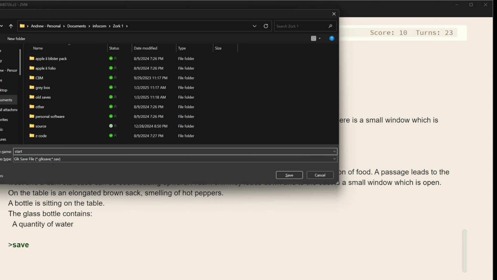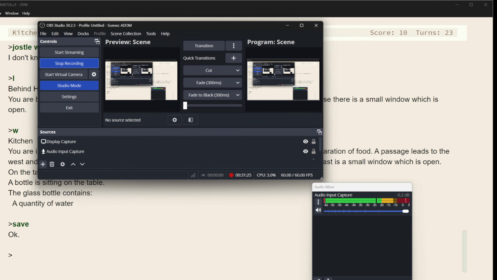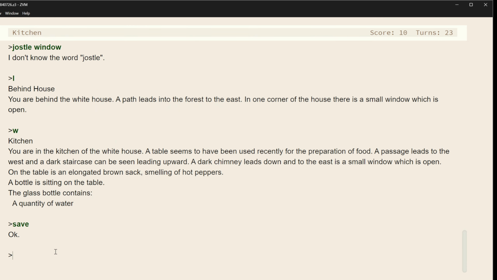But we're going to save our game, right? So I'm going to type start here. And the reason I'm saving, you need to understand, playing these old games, was that it was very easy in those days to die, to get a game over screen. People used to contemporary games are used to having some sort of fallback where you die and it's like, would you like to go back to this or that? There's nothing like this in Zork. If you haven't saved your game, you're just done. You're hosed.